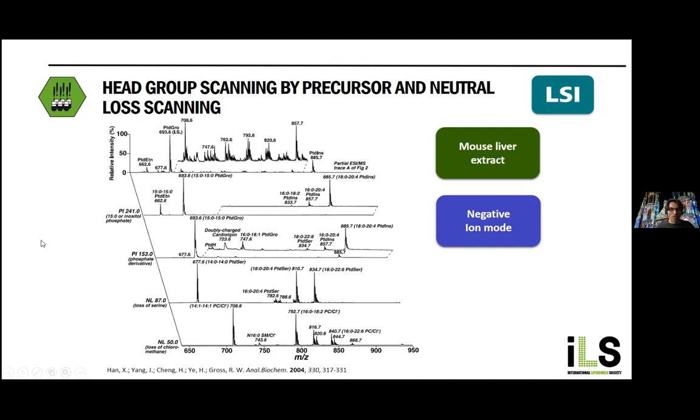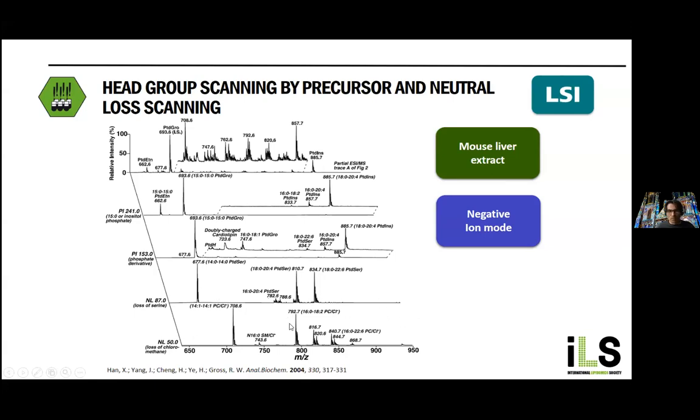Xianlin Han is pioneering that field, and he developed the use of various different scan modes to figure out the composition of the whole lipidome. You may use here, for instance, for PI a 241 scan to see all the PIs. This is a minor contribution here. You see in that mouse liver extract, for the serine or for the PCs,